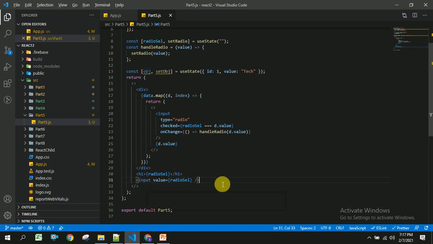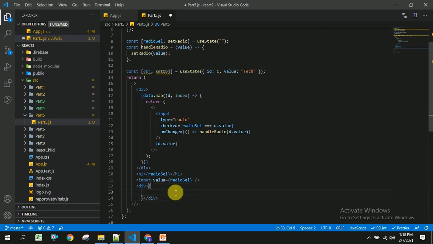For this I am going to take a div. Inside this div, I am going to open the curly braces here.